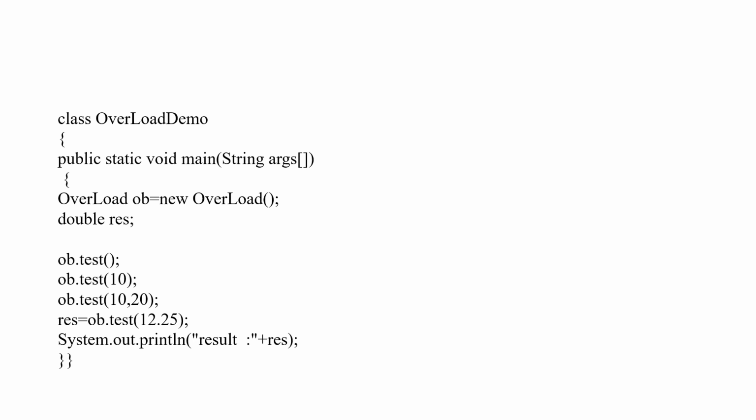If I call the test method with two integer arguments, the third test method will be executed. If I pass a double value, then the fourth test method will be executed. This is the idea of method overloading. The same method has different meaning in different contexts based on the argument that we are passing.